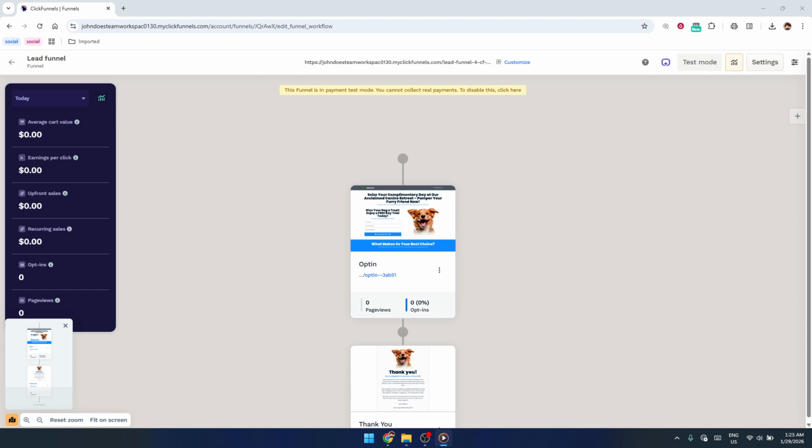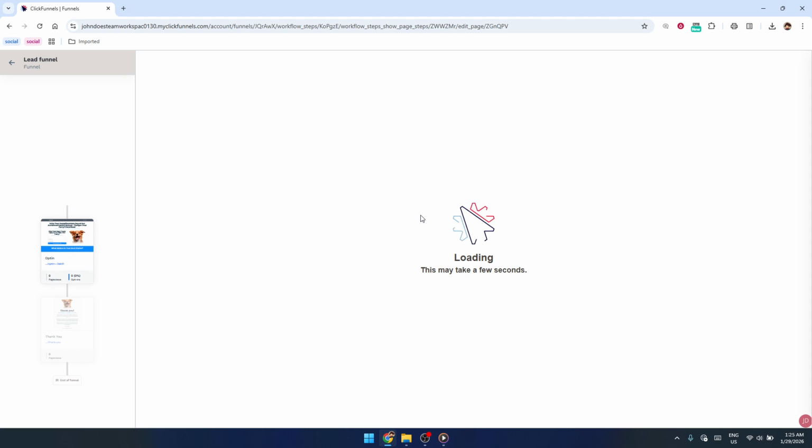First, open up your funnel page inside the ClickFunnels editor. Once you're in the page editor, look for the button you want to style. Click directly on that button element so its settings panel opens on the side. You'll know you've selected it correctly when you see options specifically related to the button, such as text, size, and